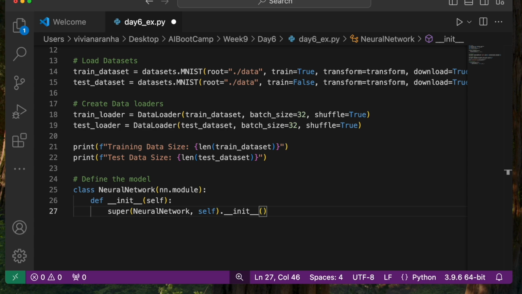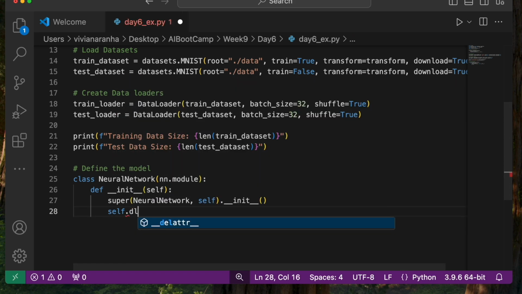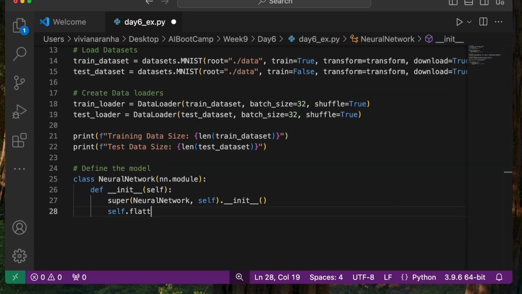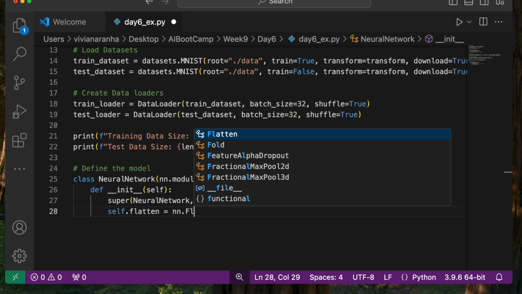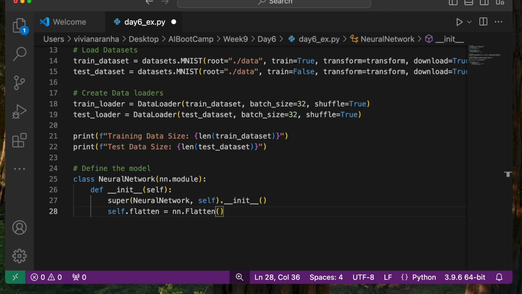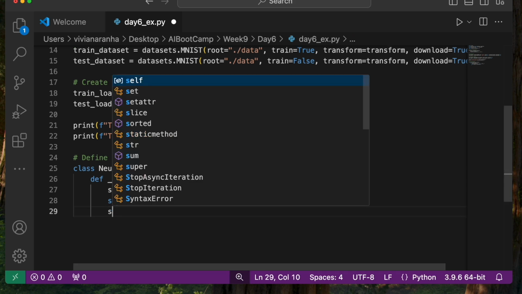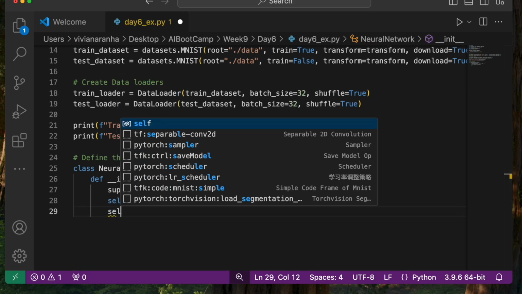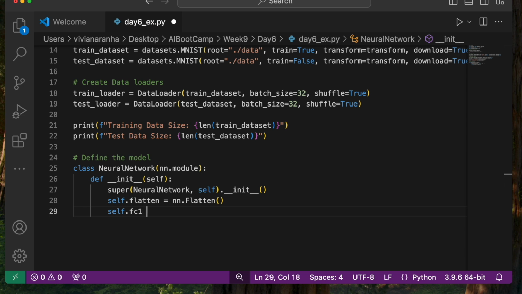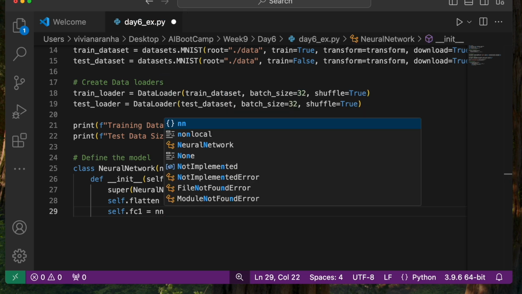Next thing that I'll do is I will say the flatten layer equal to nn.Flatten. This flattens the 2D image, 28 by 28, into a 1D vector. So that's why we're using this. Next, I'm going to say self.fc1 equal to nn.Linear.